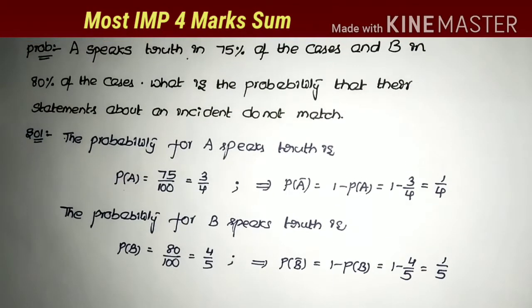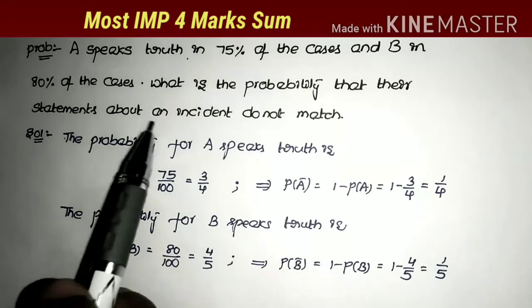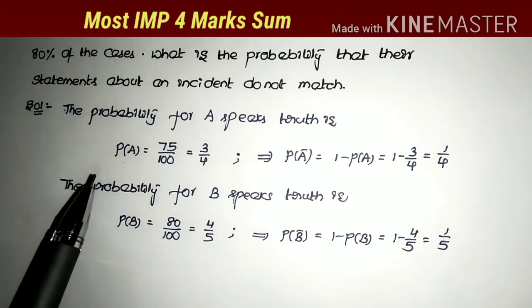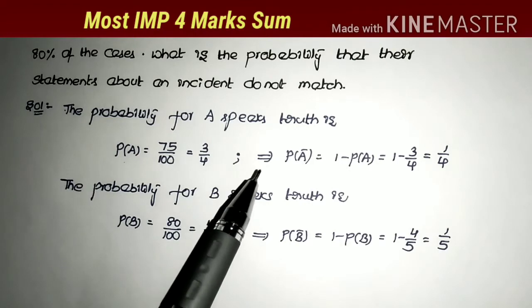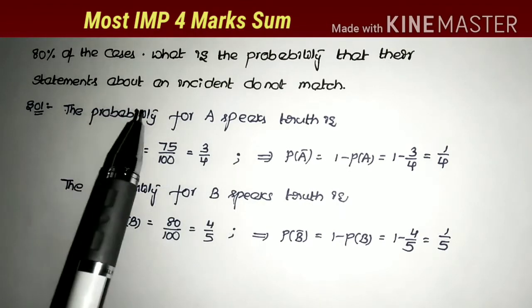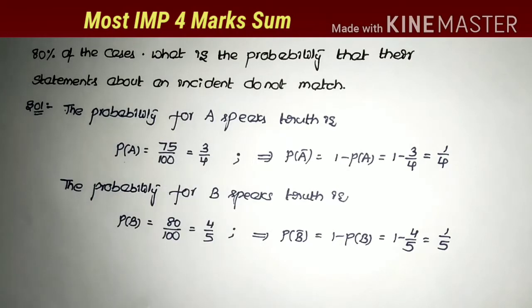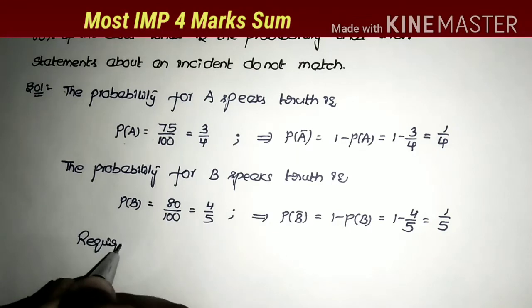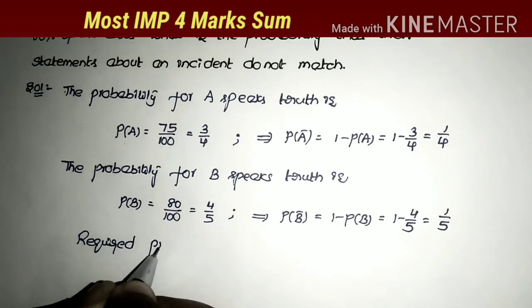What is the given question? What is the probability that their statements about an instant don't match? It means A speaks the truth and B doesn't speak the truth, or B speaks the truth and A doesn't speak the truth. Statements about the instant don't match. That is required. So the required probability is,